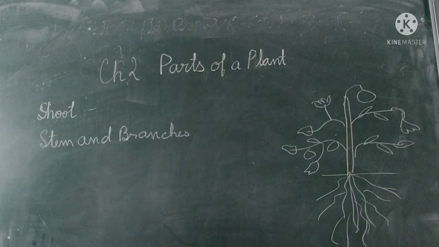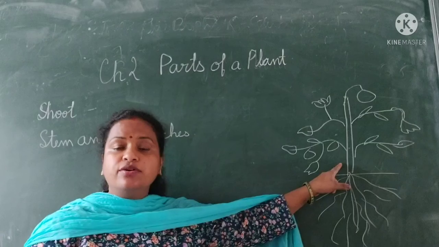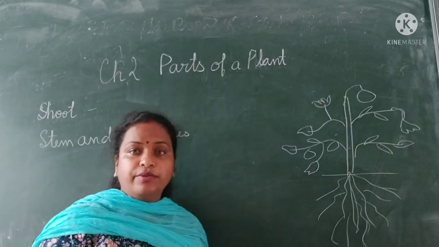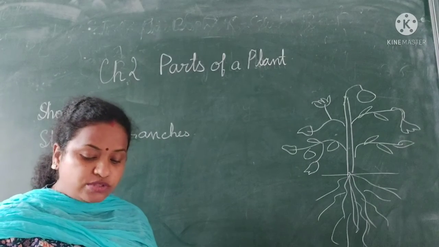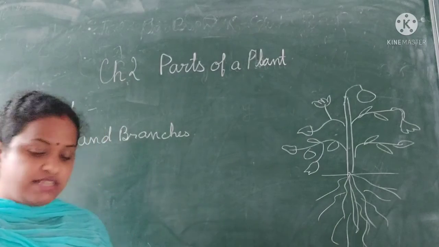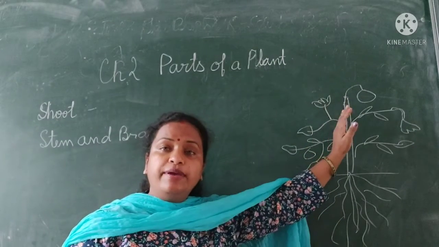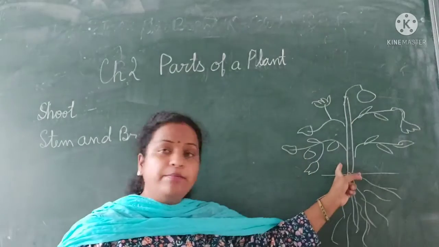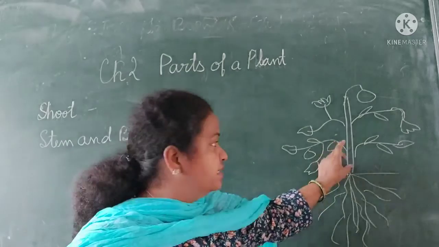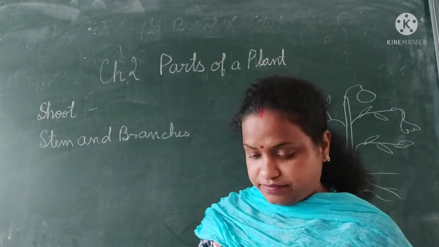Stem and branches. Stems help the plant to keep it in position. Because of the stem only it is in position. Most plants have branches. The branches hold the leaves up in such a way that they can get maximum sunlight. How? You see that the plant is straight upright. Who helps them to keep straight upright? This is due to the stem present in it. That way it is straight upward and it can collect more sunlight from the sun.